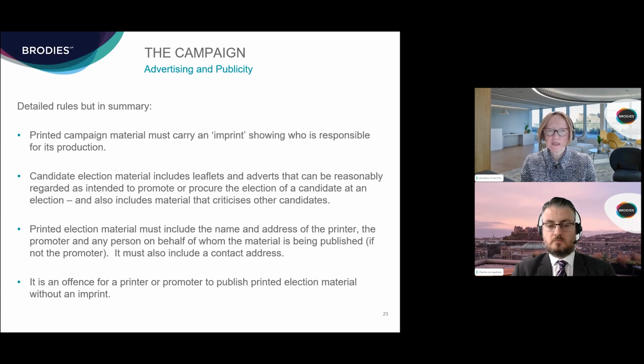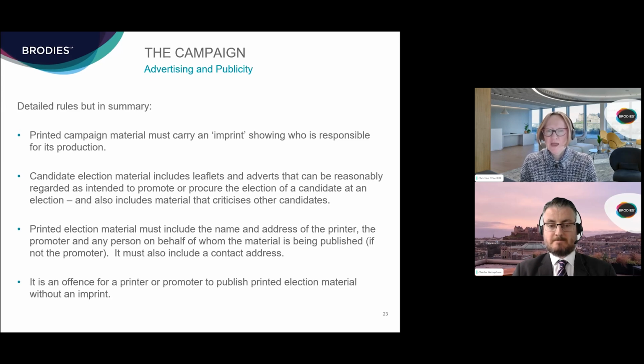So you should be able to see when you receive election campaign material that it is in fact official election material, and it should tell you who has produced that material. It should tell you who is the promoter of the material, and it should tell you also who has printed